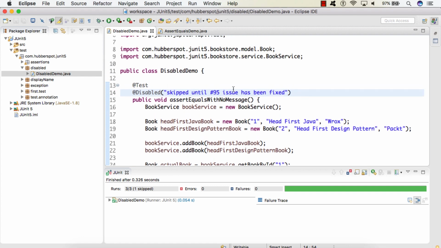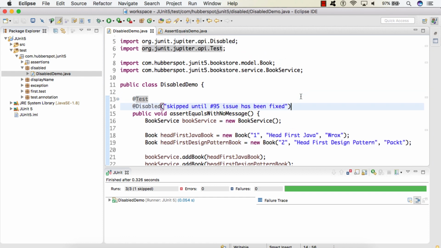So friends, this is extra information which we are providing to the @Disabled annotation to let others know why we have disabled this test case. This is how we can disable a single test method by providing the @Disabled annotation on top of the method.